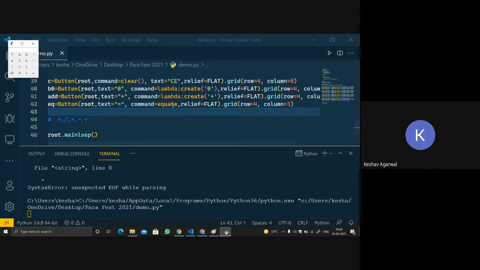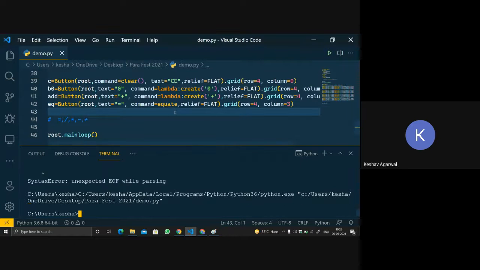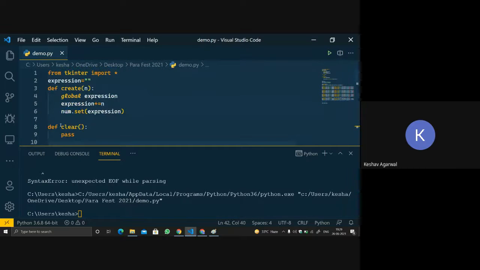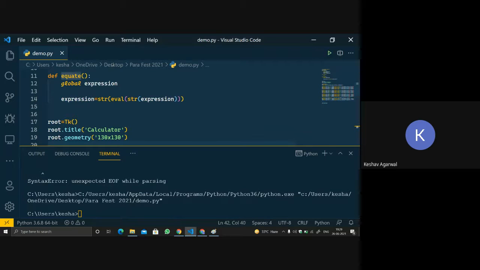Okay, so we had to just pass a function name. We did not have to call the function. Actually, what it was doing is it was calling the function while the expression was empty. So we did not have to call the expression.